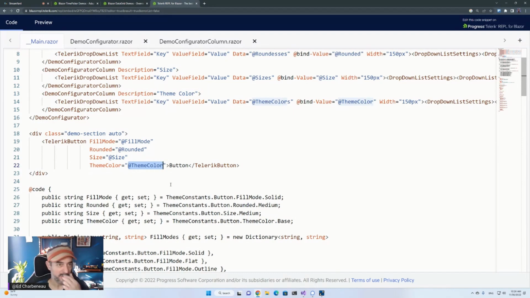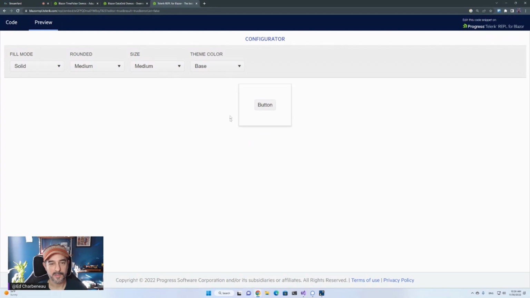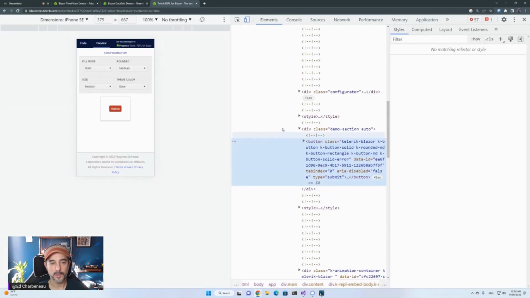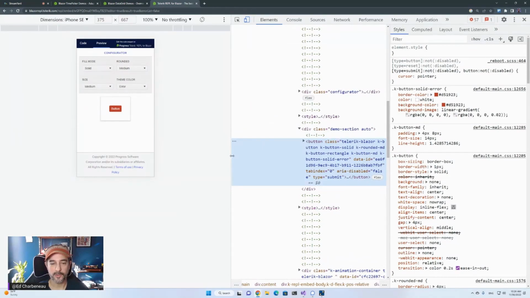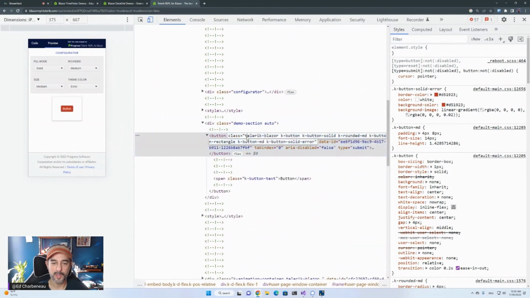But essentially, you're just setting a string value here on theme color. I don't go into the details in the article about exactly how to do this because it's in our documentation. I do throw a mention in there, though, that this is how we handle it. But these strings actually just get converted to a CSS class. And this is pretty clever. So if I select error again and I zoom in on the code that's actually generated to the browser, you'll see a lot of classes that get attached to that button. So we have a Telerik button. It's a K button. K is our prefix to bring it into a namespace so it doesn't conflict with other